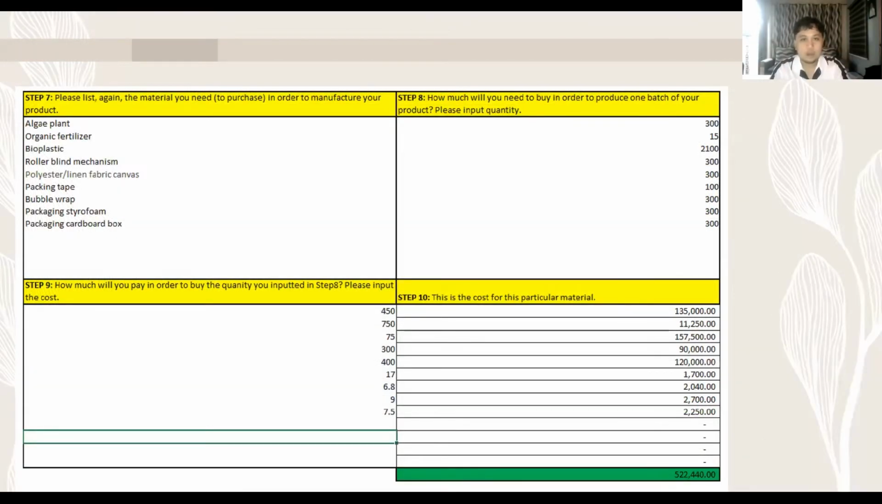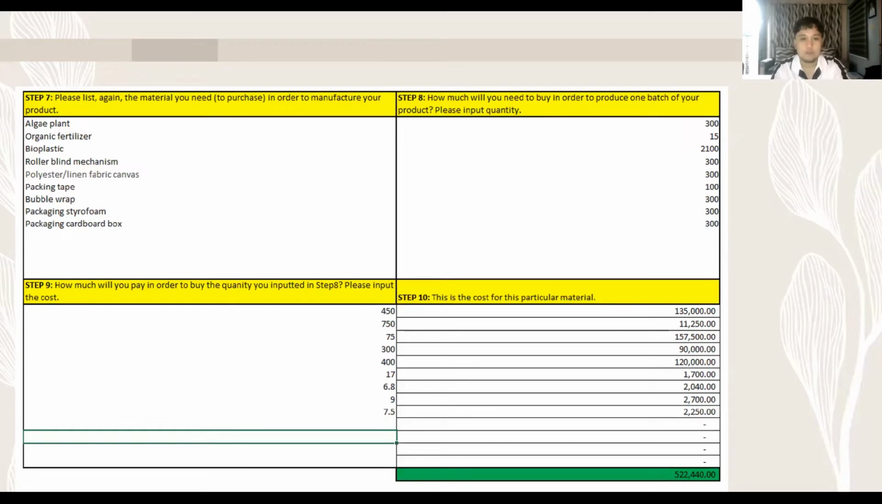For step 7, we are tasked to list again the materials that are needed to manufacture our algae biocurtain. Step 8 shows the quantity of the materials that are needed in one production. Step 9 shows the price of the materials per quantity that are needed in one production. Lastly, we have step 10. It shows the cost of the particular material as well as the total cost of the materials that are used